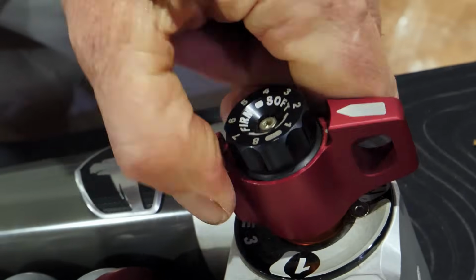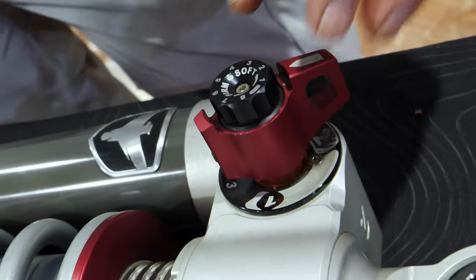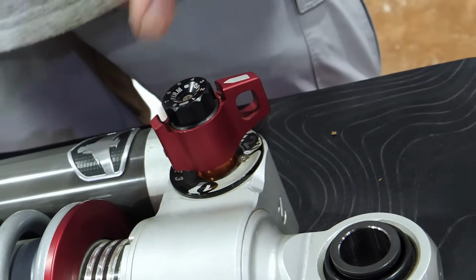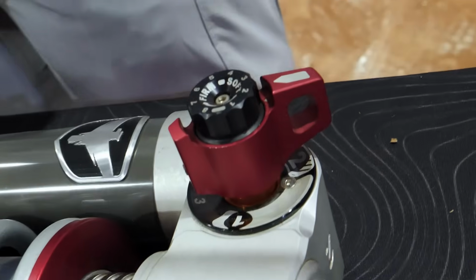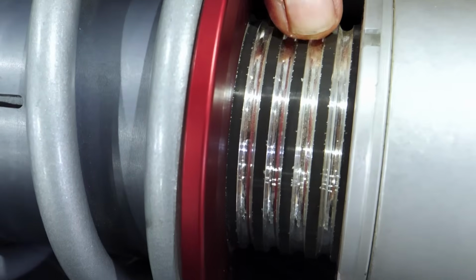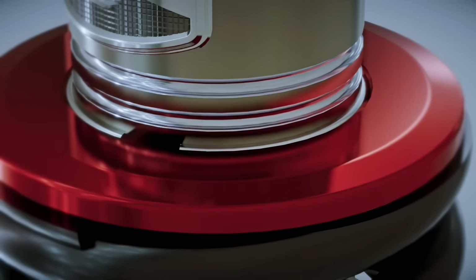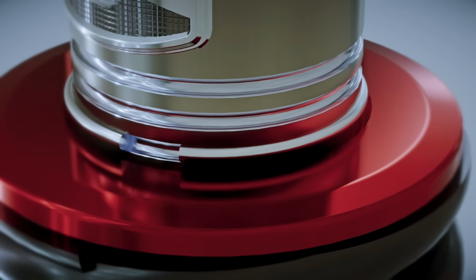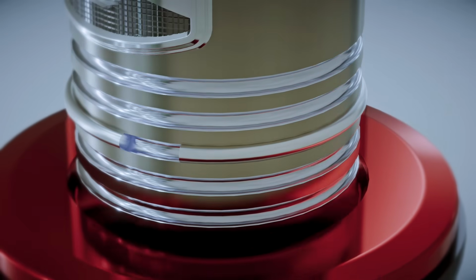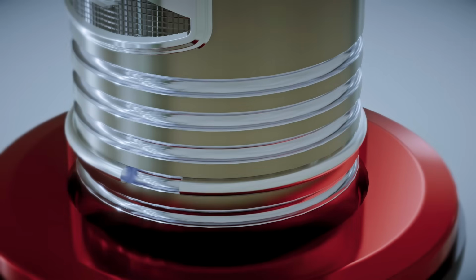Remember, we've still got our adjustability. So there's our soft all the way up to the firm, and in the medium setting, you can go adjusting the finer settings to whatever you'd like to set it at. All the adjustability is still here. Speaking of adjustability, check out this. There are no threaded nuts that need to be run up and down the coilover. This whole surface just pulls down, and there's a snap ring in there, and you can just jump it up and pull it up. We even give you a tool to pull them down,